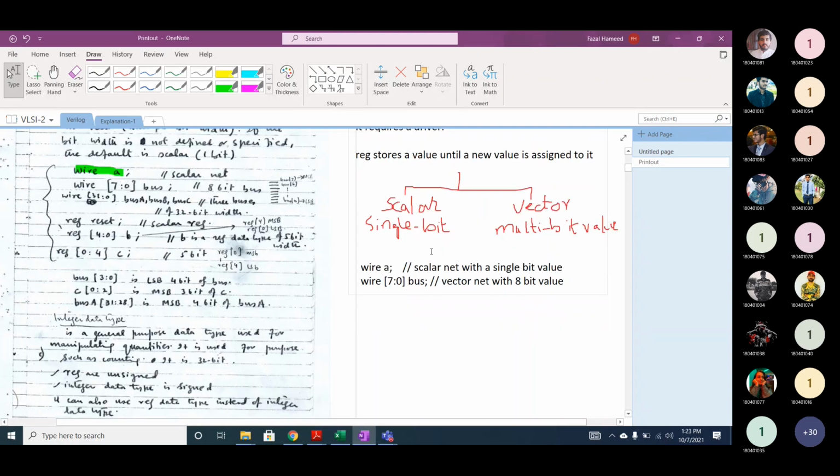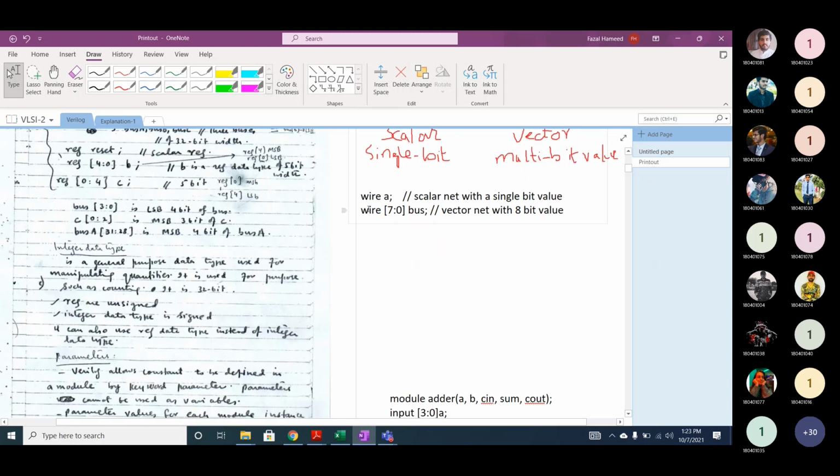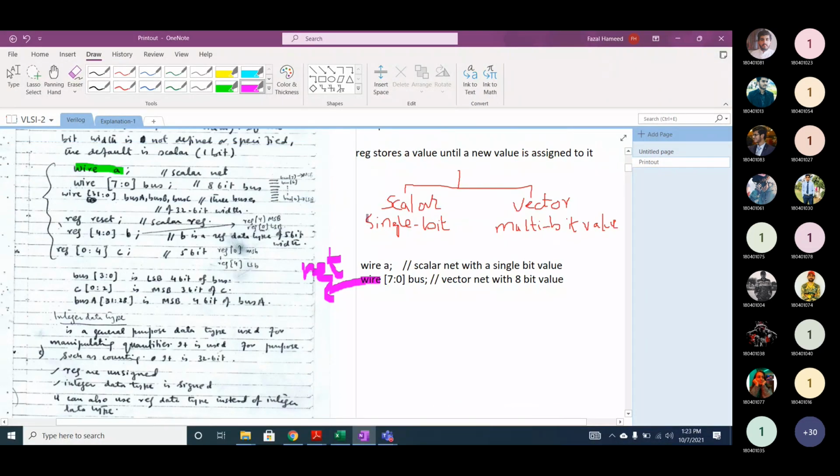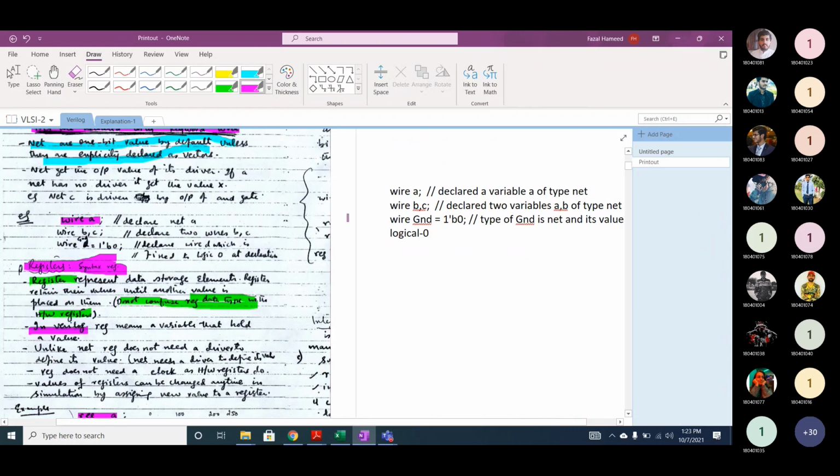If we talk of this vector, is this a vector net or reg? It is a net. I told you in the last lecture, if you remember, declare a variable of type net.